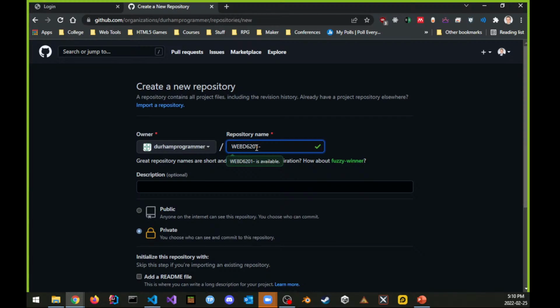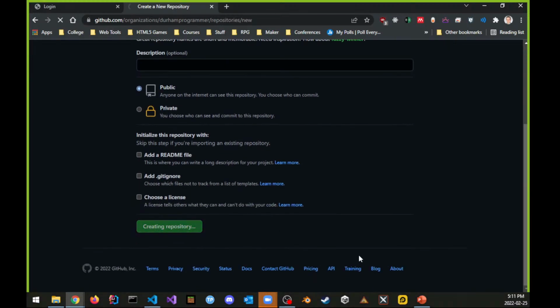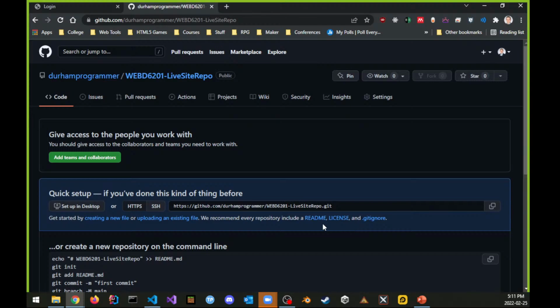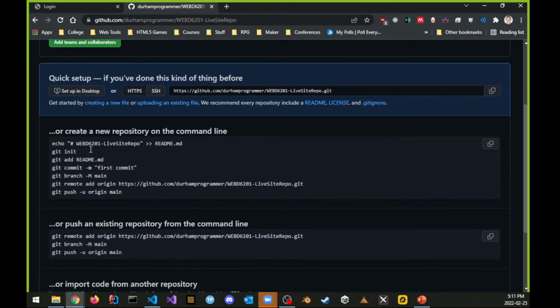WEBD6201 live site repo. Okay, nice and easy. And we'll make it public, of course, because that makes sense. And we'll press create repository. Yay, awesome. And we're going to follow the instructions here and make that live site repo. And